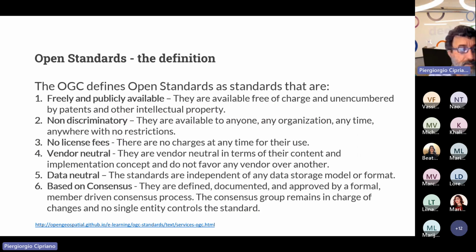And here there are the definitions adopted by OGC when considering open standards. So, as mentioned before, OGC standards are freely and publicly available. They are available to anyone, without any discriminatory approach, without any license fee.